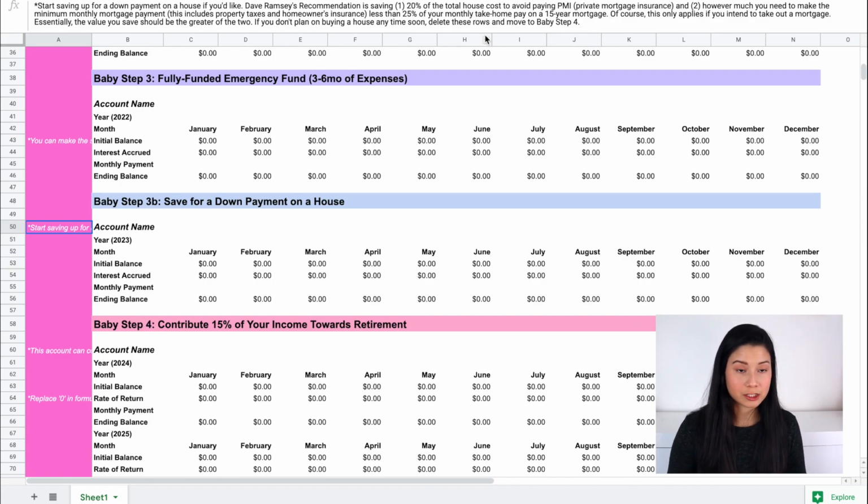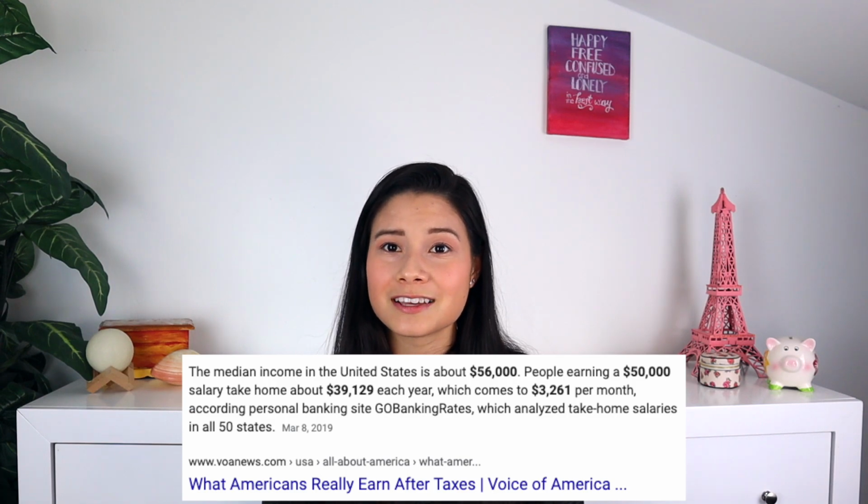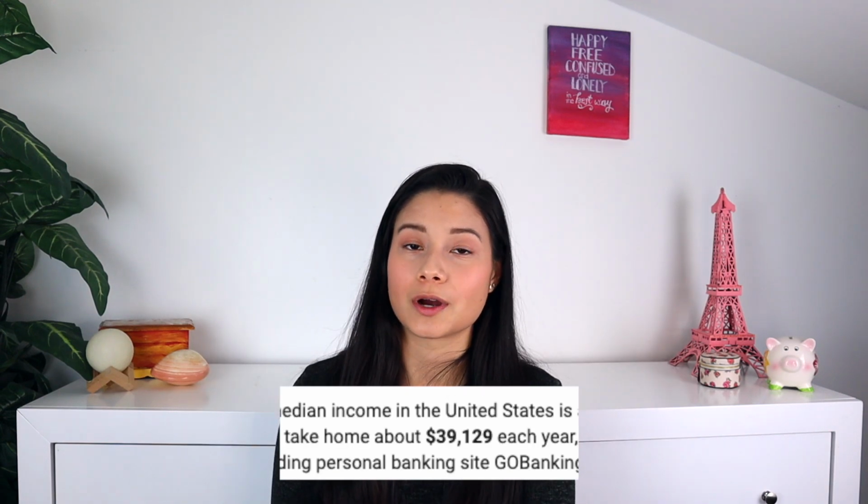Again, this whole spreadsheet is based on the baby steps and everything that Dave Ramsey recommends that I know of, at least. He particularly will not yell at you for going into mortgage debt as long as that mortgage is a 15-year mortgage and you have at least a 20% down payment before you buy a house. That does not include the other stipulation that the mortgage payment that you get after that down payment should be less than 25% of your take-home pay. Not your gross pay, your take-home pay. That's something that people don't really realize sometimes, but it's pretty important if you're going to try to follow his